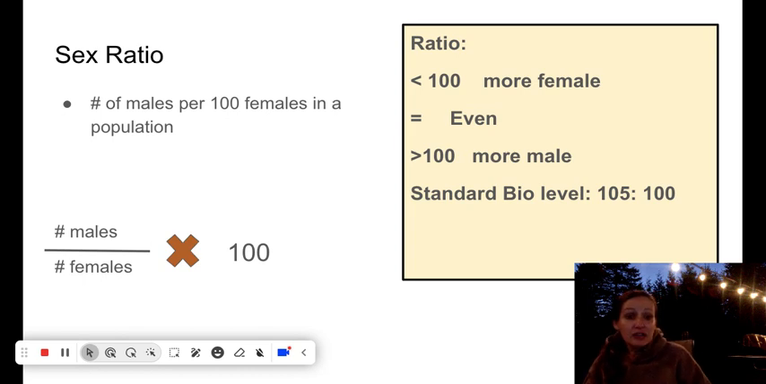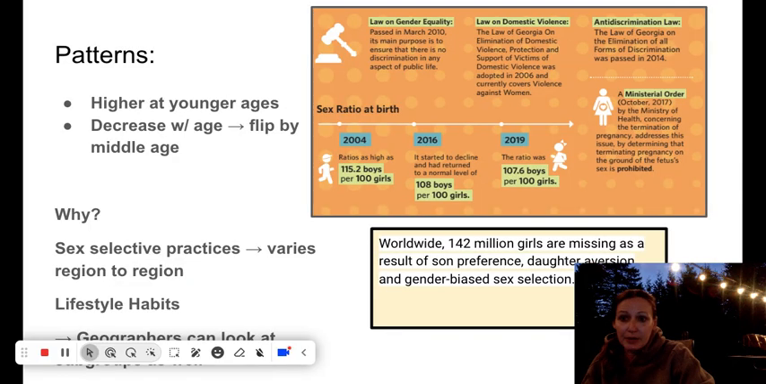A lot of that has to do with just sex preferences for children around the world, but that's not the only feature. Is there a biological reason for this? Perhaps. What else could there be? So